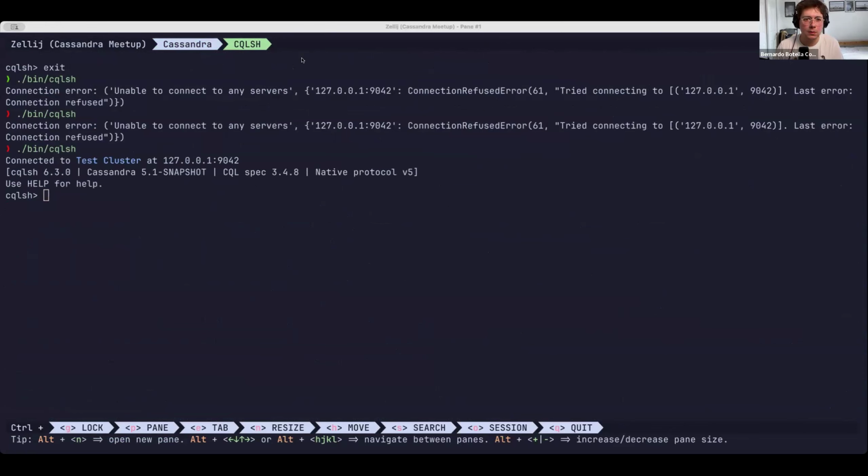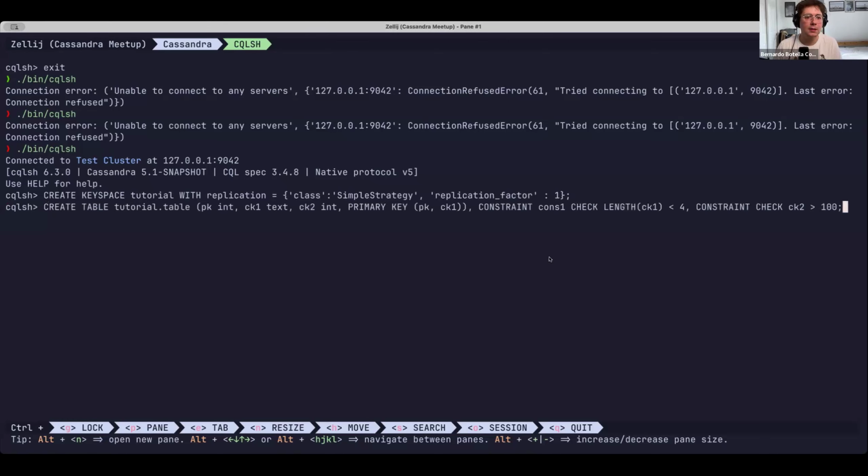All right, so let's create a simple keyspace. I have my commands copy-pasted here, and create a table with two constraints. If you take a look at this, it's a CK1, which is a text-based column, and a CK2, which is an integer.